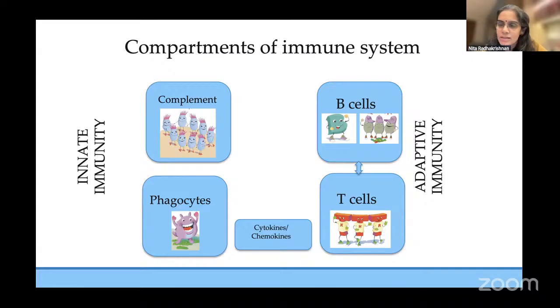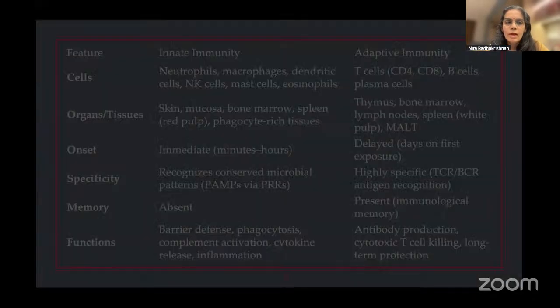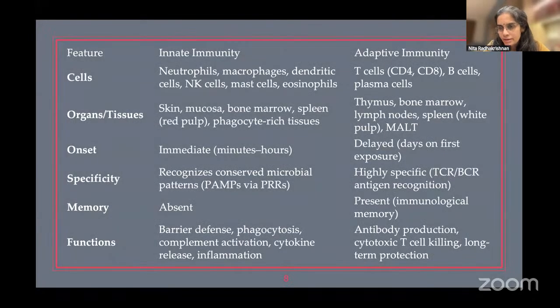In most other systems that a general pediatrician comes across, there will be specific clues to pick up from the system examination. But here, there's hardly much. So you have to go by a combination of history, family history, and what organisms have come up, and identify which compartment is involved, so that we get a clue as to how to evaluate them further. This is the differentiation between the innate and the adaptive immunity.